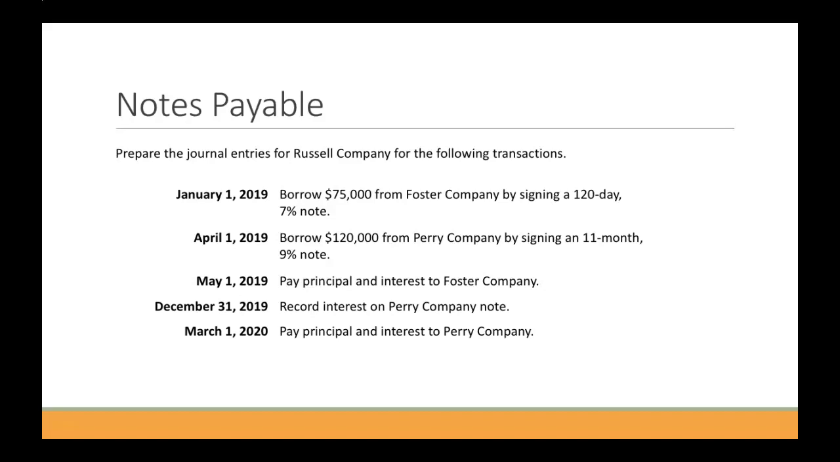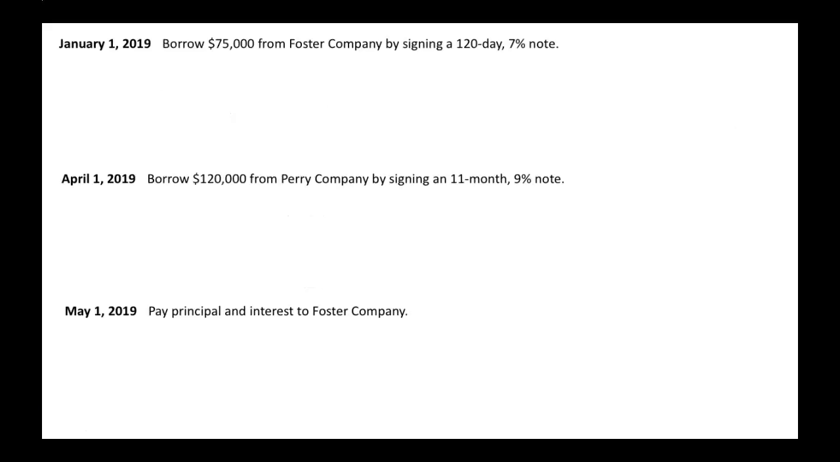They pay back Foster Company on May 1st. On December 31st, we need to record the interest on the Perry Company note. And then on March 1st, we need to record that we are paying the principal and the interest to Perry Company. So first, on January 1st of 2019, borrowing